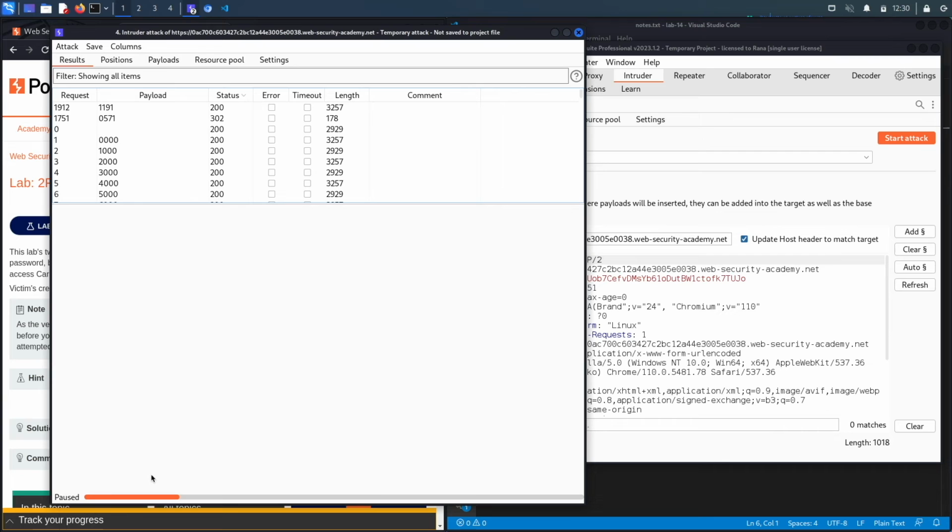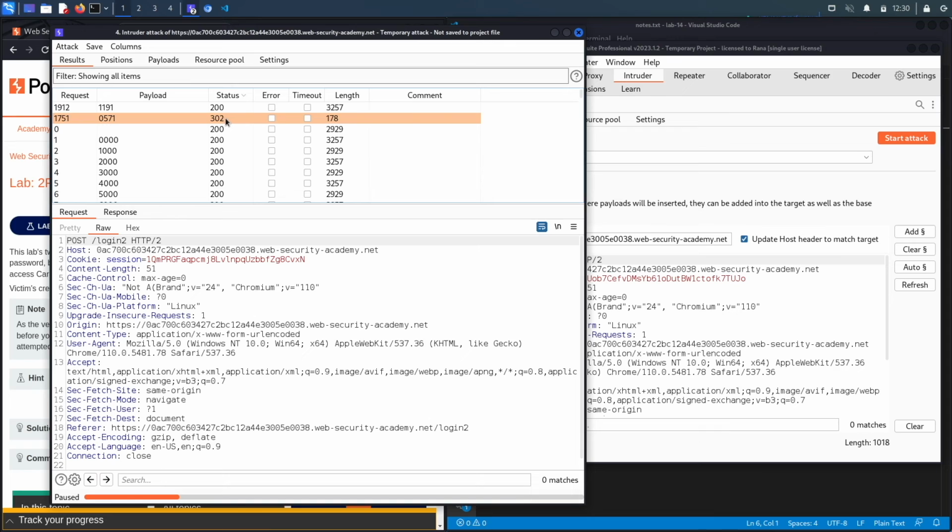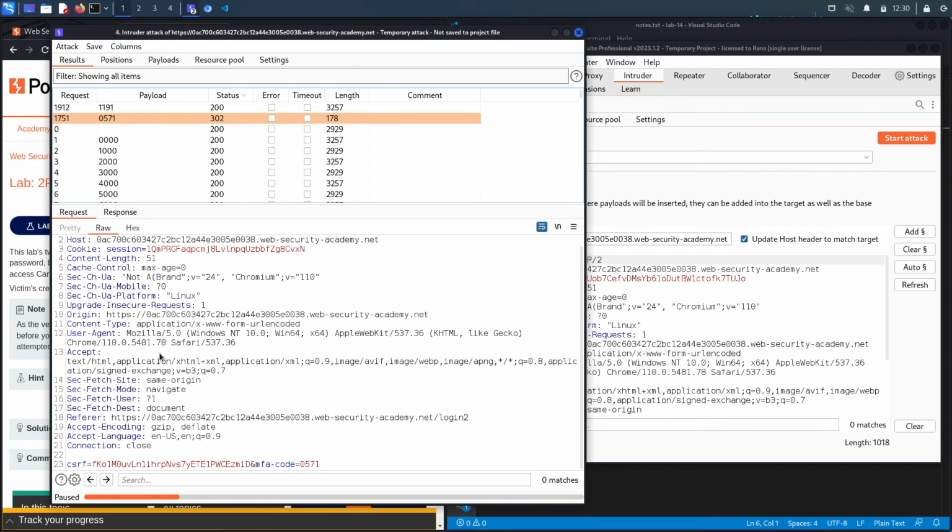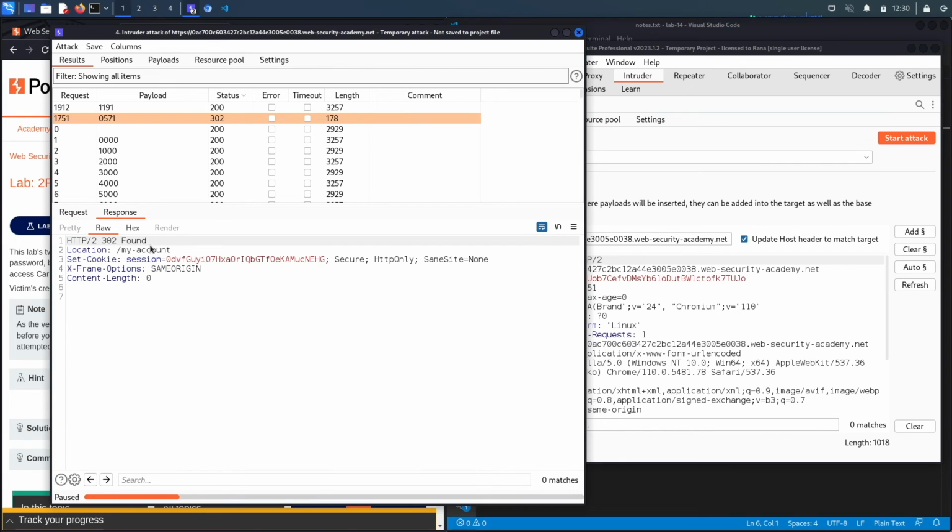So you could see over here, less than a quarter way through the attack, we got a 302 status code, which means that we were able to brute force the MFA code, and it's this one right over here. If we look at the response, this is the authenticated session token of the user. So let's copy this,